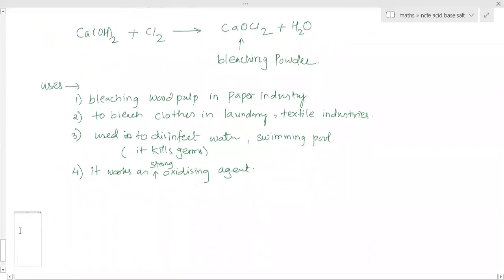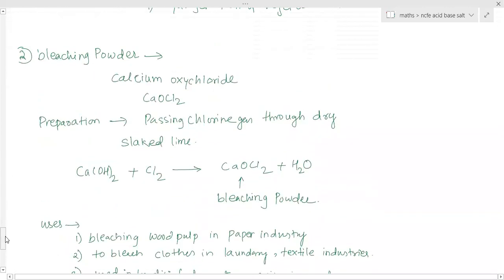The next salt. Now here, how is sodium chloride useful in the preparation of this? It is not used directly, it is used indirectly. Can you tell how? Chlorine is made from NaCl. Yes. So in the preparation of chlorine, sodium chloride is used, and that chlorine gas, prepared from sodium chloride, is used in the preparation of bleaching powder. So it is indirectly used, right?